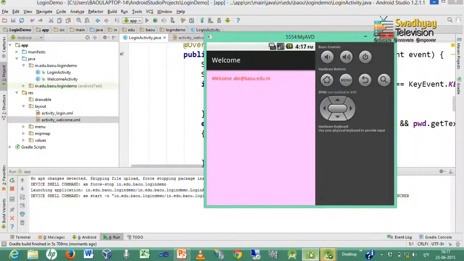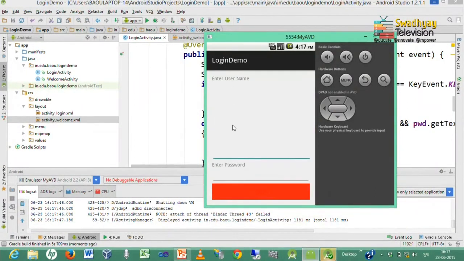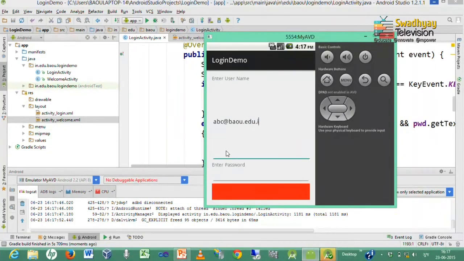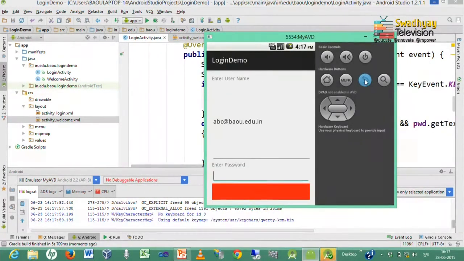it will launch our application in the emulator. So, it takes some time to load this application. Here you can see we are entering the username, and then we enter a password, which is in our case abc@123. Whenever both things are entered correctly, this login button is enabled, and if it is wrong, then the login button is disabled.